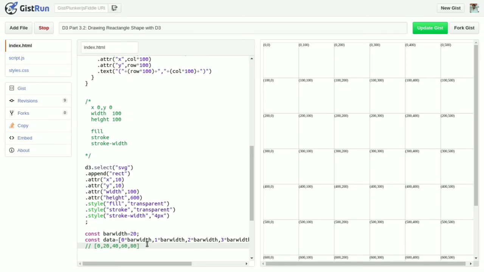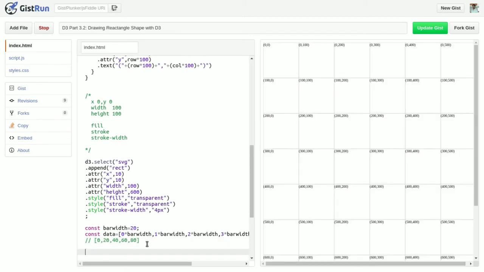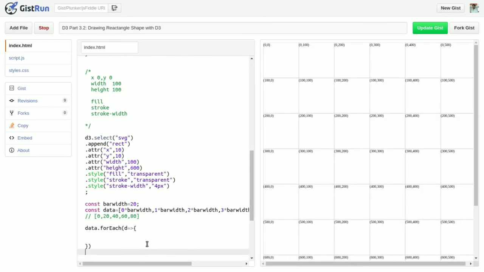Now I want to draw the bars using this data. So what will I do? I go for data.forEach. Here I get D, that is my width, or I can say the x coordinate of my rect.